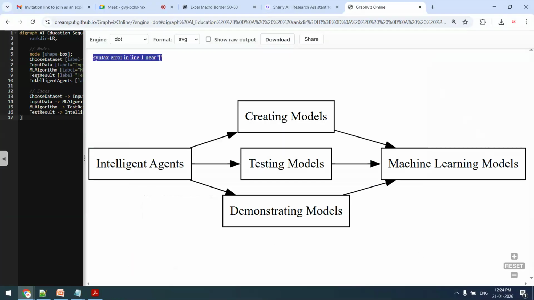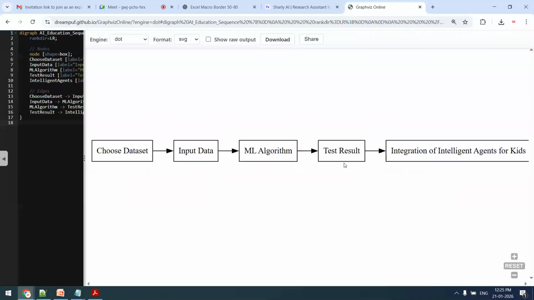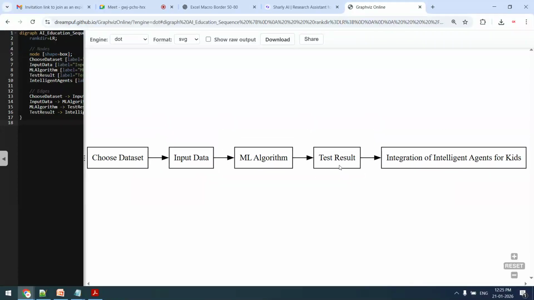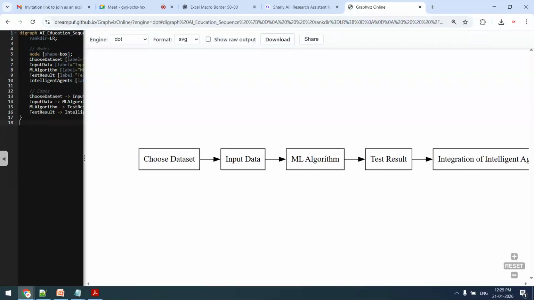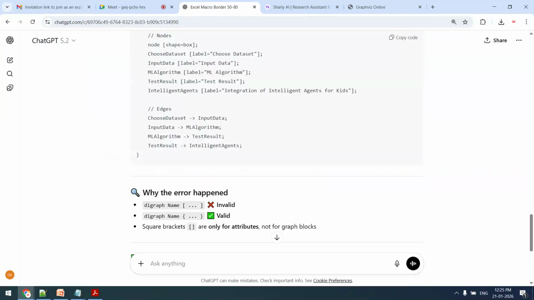Copy the code and paste it here. Now you can see this particular sequence. In whatever sequence we have given, a new diagram is created. If I want to put the integration of intelligent kids in between input data and ML algorithms, what we can do is: convert the above code in vertical mix format